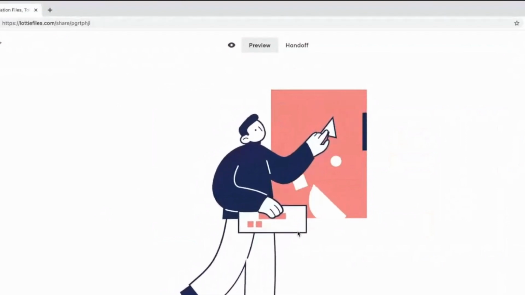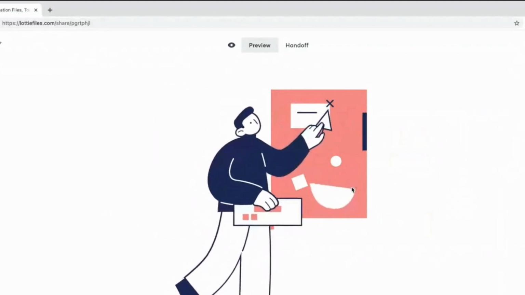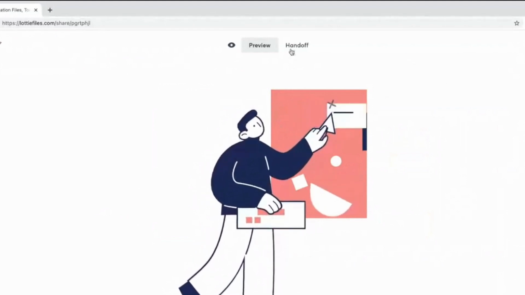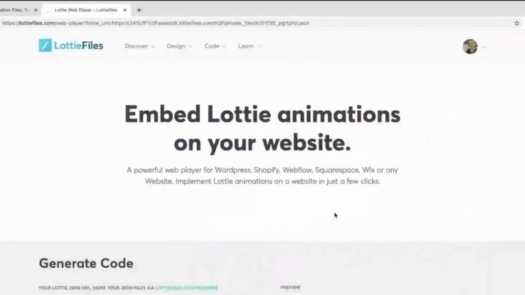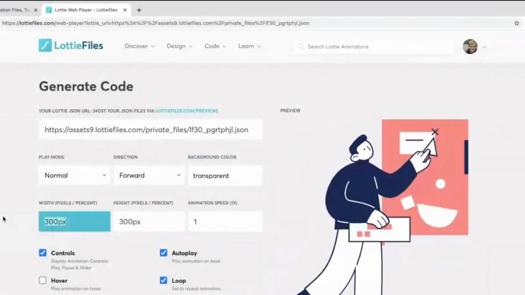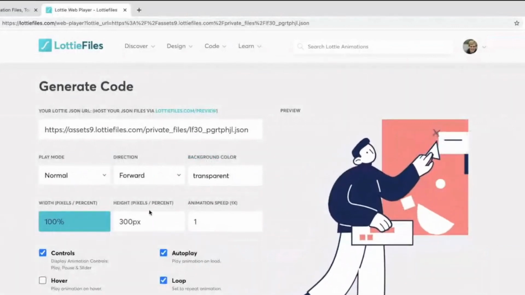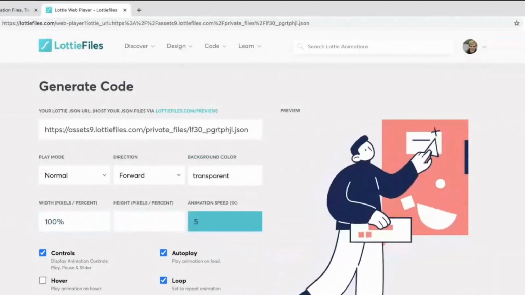Much the same as what we saw with the SVG to Lottie, it's just a matter of clicking handoff, clicking the edit pencil, and we get this option to configure it here. So again, let's go 100%, get rid of the width, let's speed up the animation to 5 times.